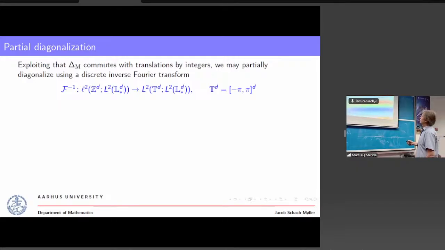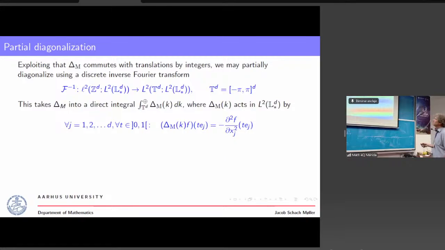So here, the inverse partial Fourier transform will go from the sequence space L^2 of Z^d with values in L^2 of the unit cell into capital L^2 of the torus, the d-torus, with values in the same space. And if you conjugate the metric Laplacian